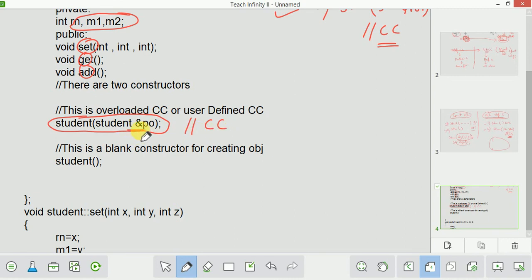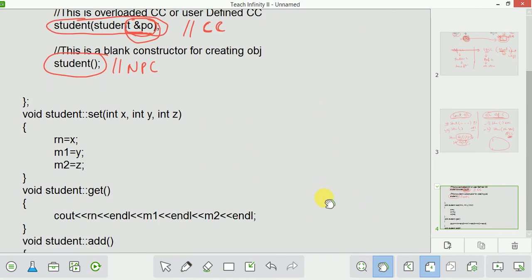Because there is one parameter, and this parameter will contain an object which is passed as a reference. You are using this ampersand sign, so the object is passed as a reference, and this is your copy constructor, and another is your non-parameterized constructor or blank constructor. So we are creating these two constructors.